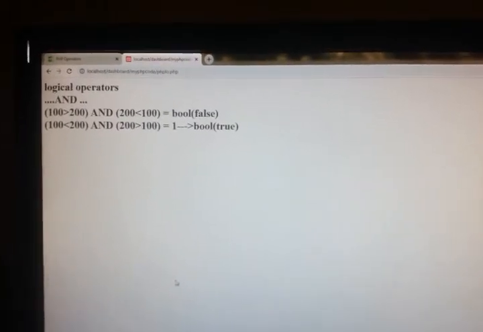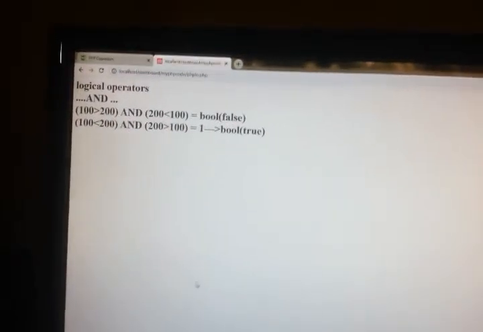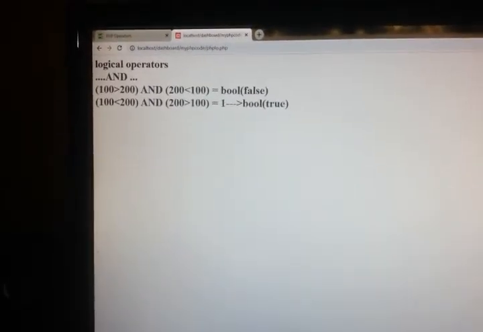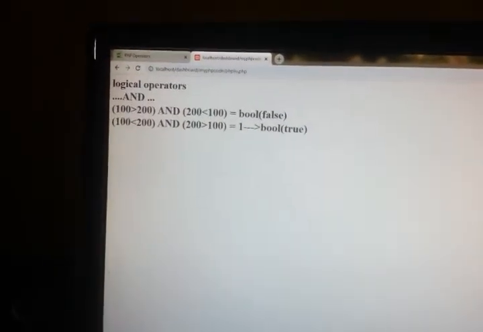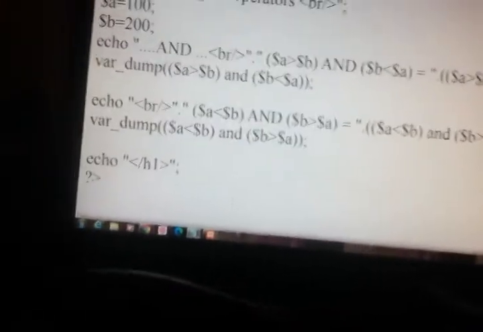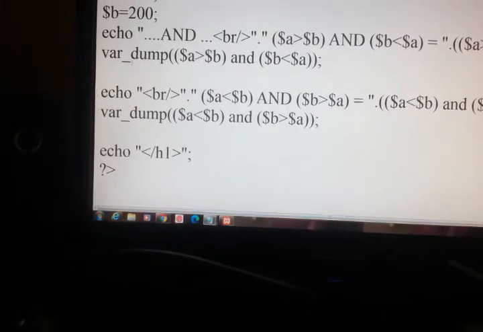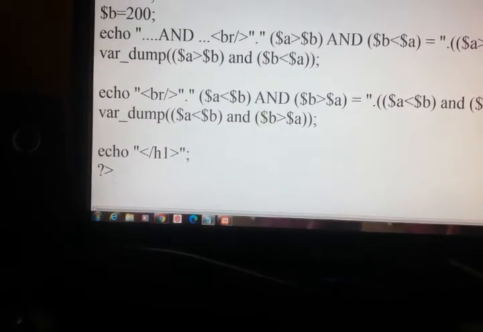So now we'll move on to OR. For OR also we'll use this code.